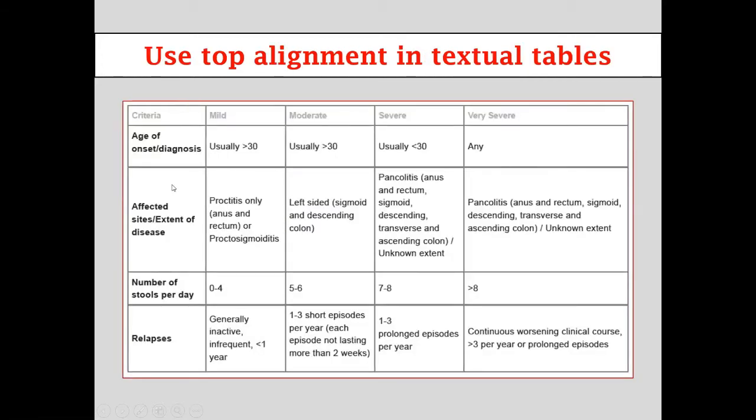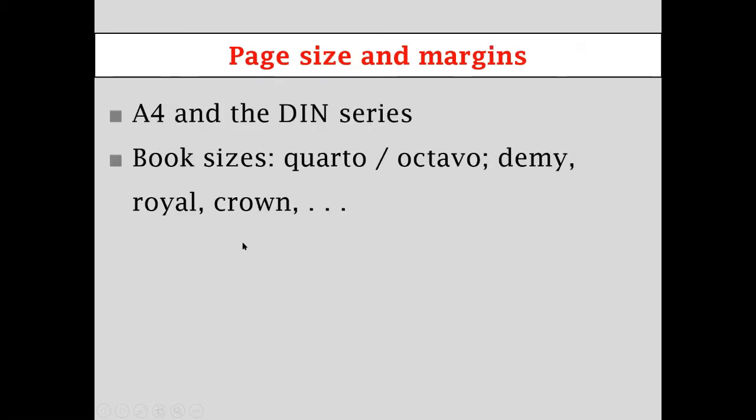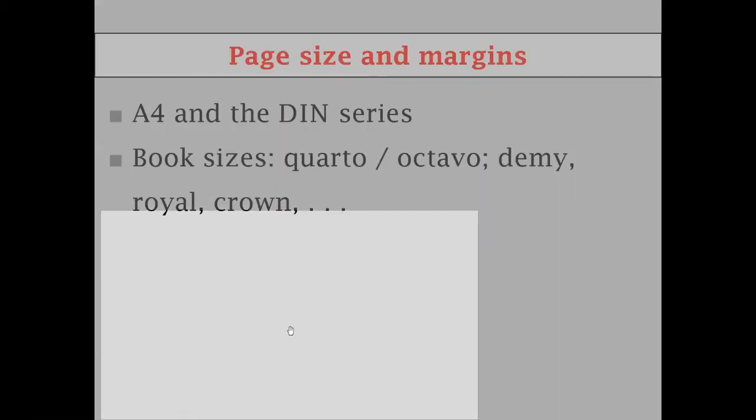If you are using tables, then ensure that they are all top aligned, not in this way. It must be the top line they must all align. Then there are other things like, it depends again, if you are working for publishers, then you are not going to be working in A4. You may have other page sizes, Demy, Octavo, Quarto, Royal, Crown, whatever. Whereas if you are typically working for companies, or especially European or Indian companies, they will go for A4. So that's something that you need to keep in mind.